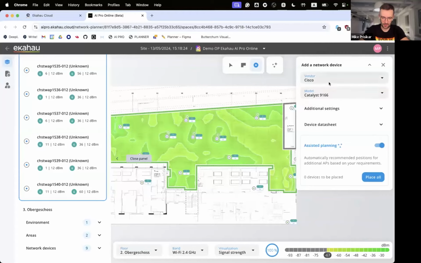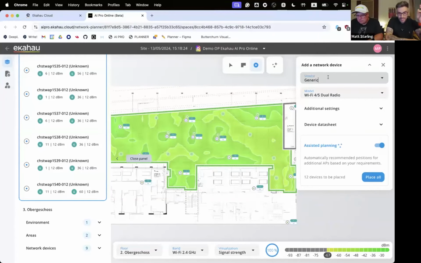It knows what kind of access point you'll select, and it will know the properties of that access point and the antenna pattern. So based on those data, it will optimize your network coverage. It will place the right amount of access points. So it's not about some generic gimmick model. No one likes them for some reason. It will work with your specific APs. It will tune your network for that specific AP that you will select.